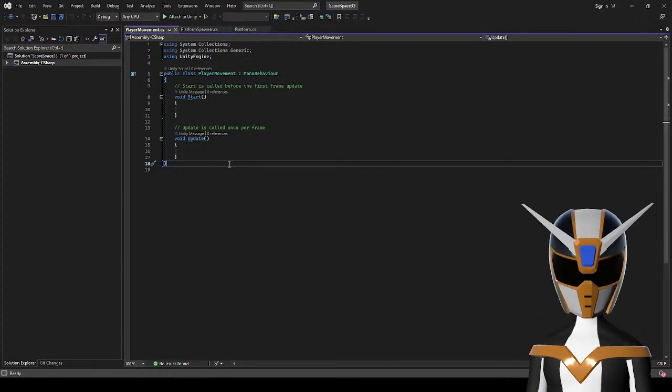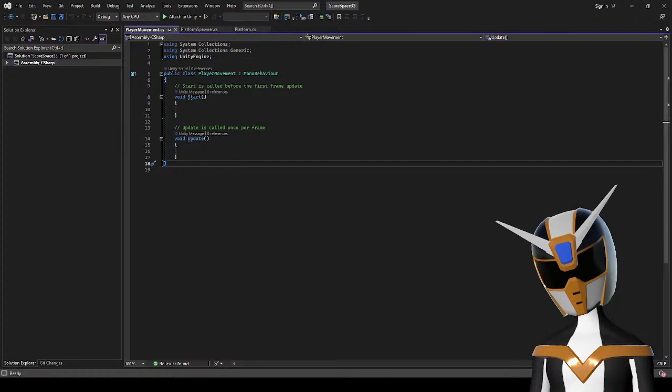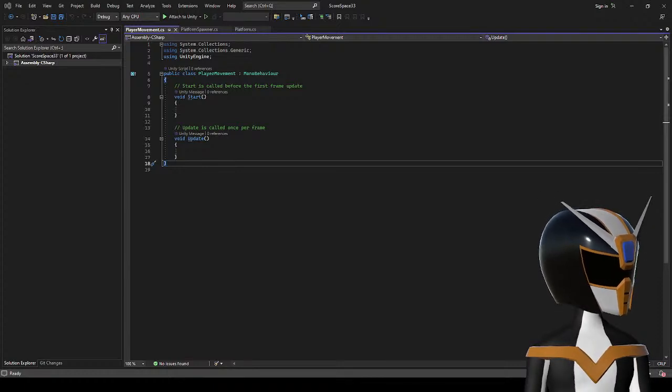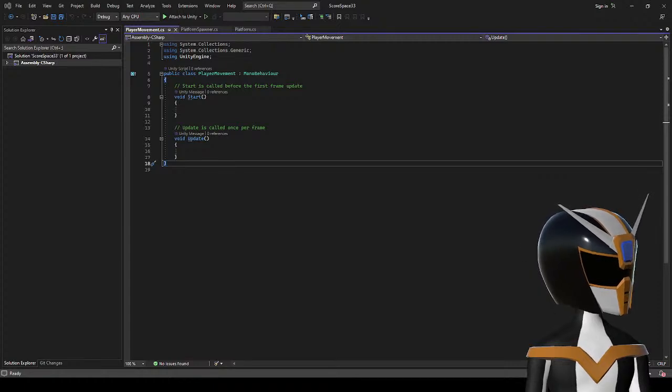Alright. So for the player movement, I'm just gonna copy and paste some stuff from an old game that I made. I can't use everything though, just a couple things. Wait, how much can I even use?